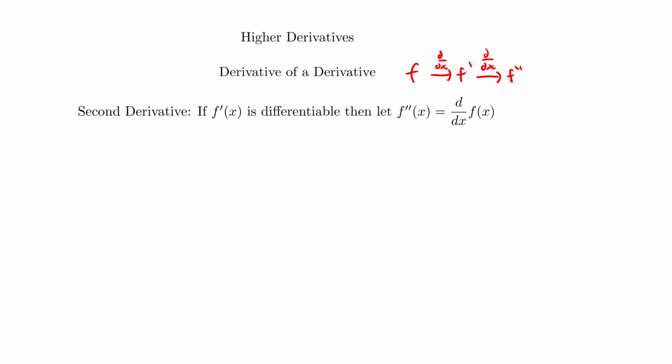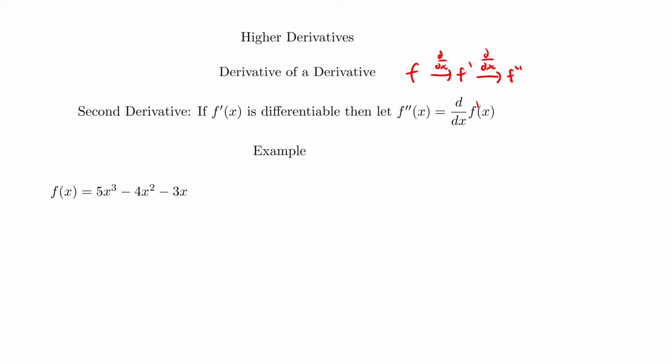The first and probably most common higher derivative is the second derivative. The second derivative basically says that if we have something called f prime of x, and f prime of x is differentiable, then f double prime of x is just going to be the derivative of f prime of x. So just to do a quick example here,